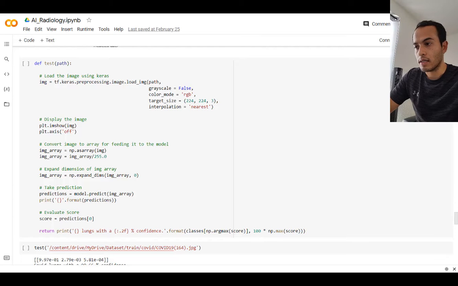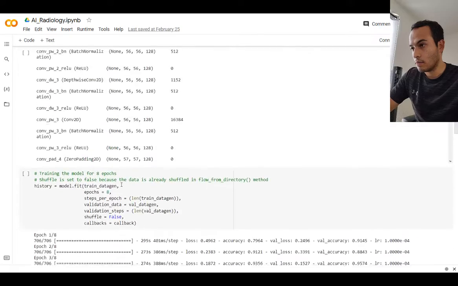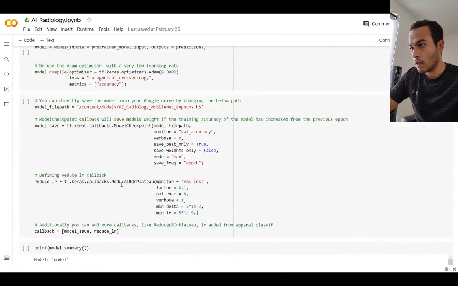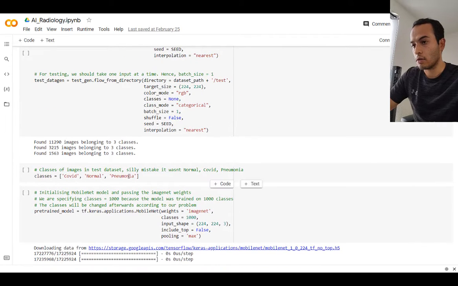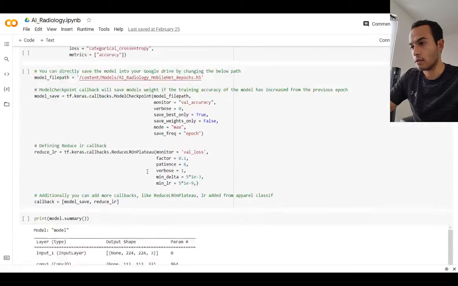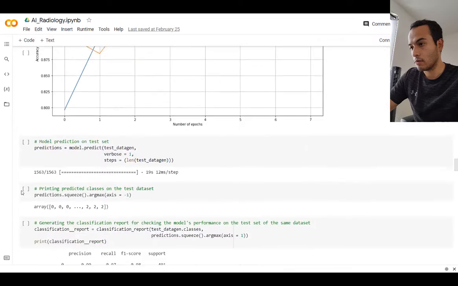But I had a mistake when declaring the classes. That is here. I had them not in the correct order. I had normal, COVID, and pneumonia, but the order of the classes is COVID, normal, and pneumonia. So that was the reason I was not getting good results after testing the model. But now this is already run,